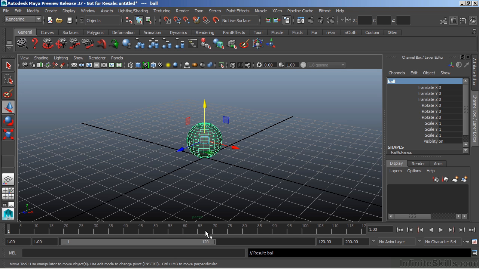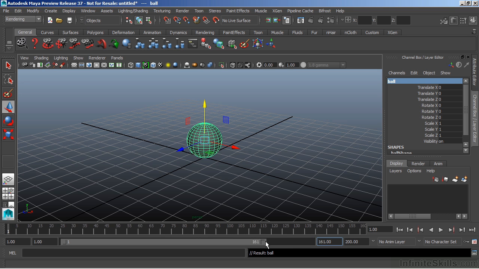Down below here we have our timeline, and it shows us that our timeline is currently set to a maximum frame value of 200, but we're only focusing on the first 120 frames. This is controlled right here. We can expand this out to the full length of our animation. It allows us to establish a much smaller playback range so we can focus on a smaller portion of a